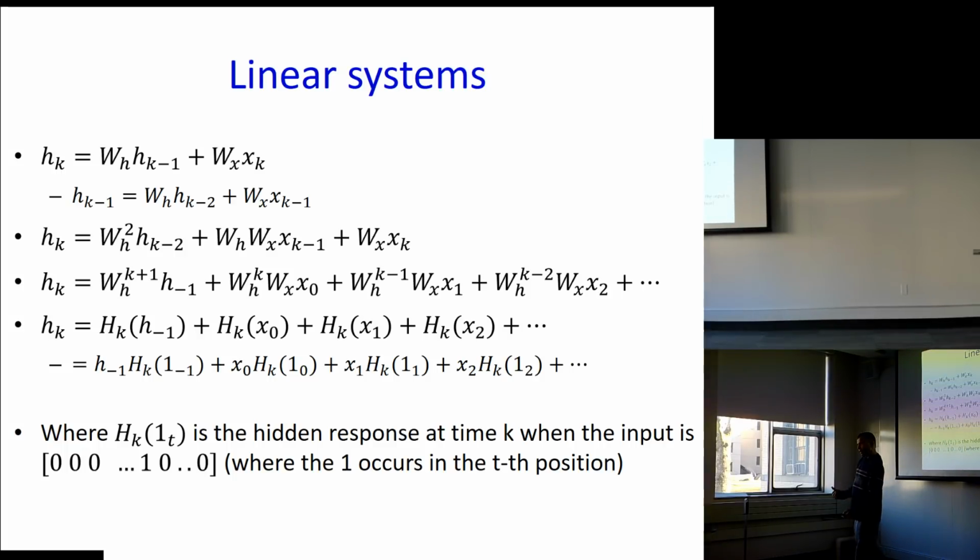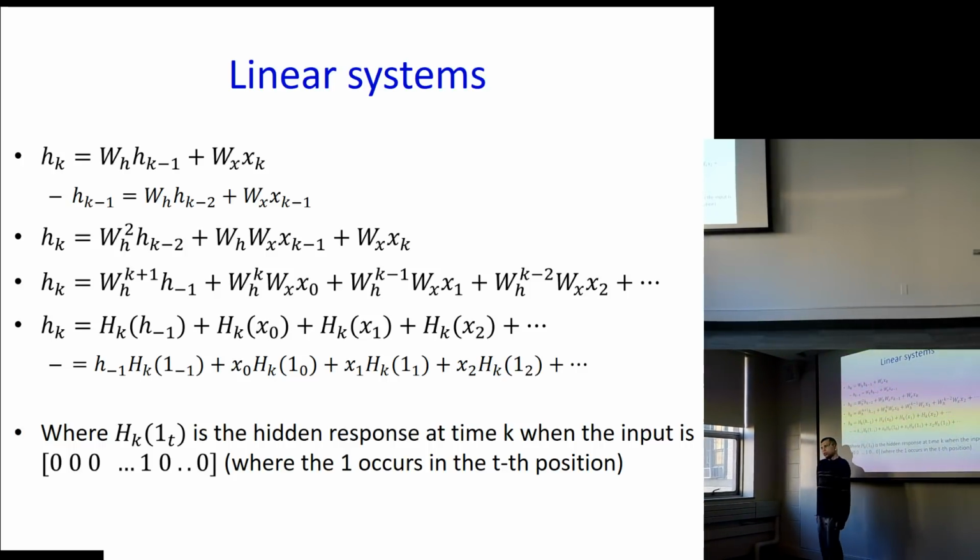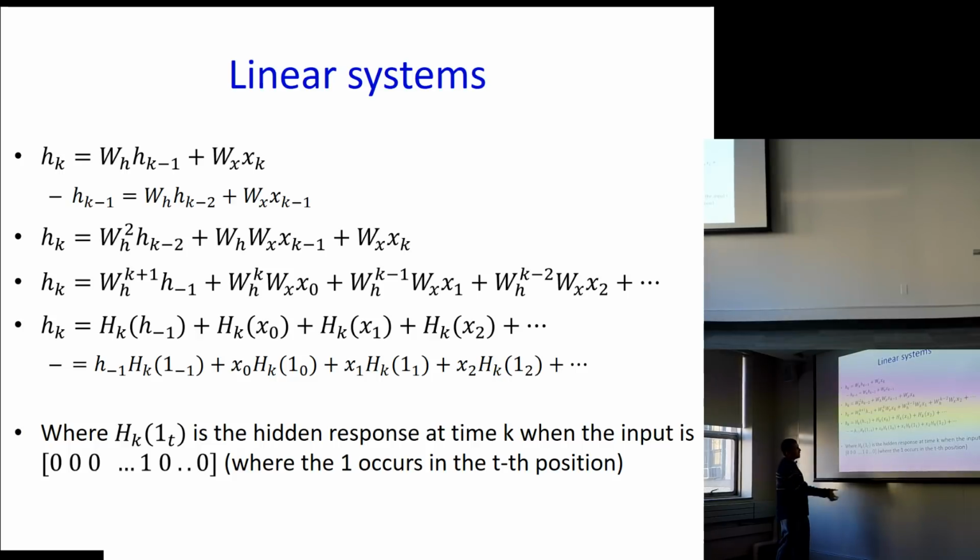The whole thing is linear, right? Similarly, this third term is what the output of the network would be at time k if the input at 0 was 0 and there was no initial value and all subsequent inputs were also 0. So basically what we are finding is that the output at time k is going to be a sum of the output of the network to only the initial value, plus the output of the network in response to